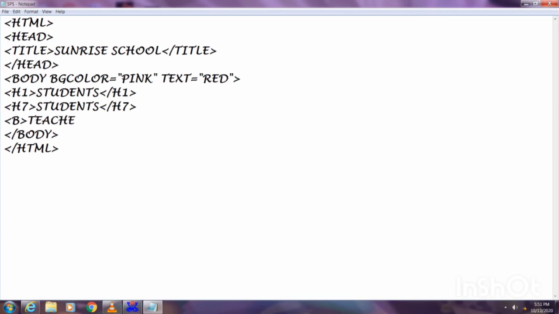Then the closing tag of B. This text will be shown in bold.